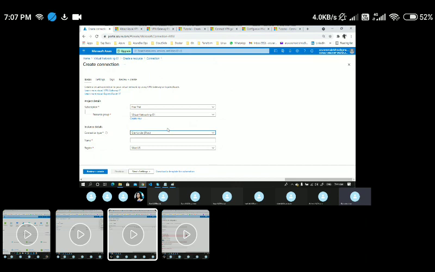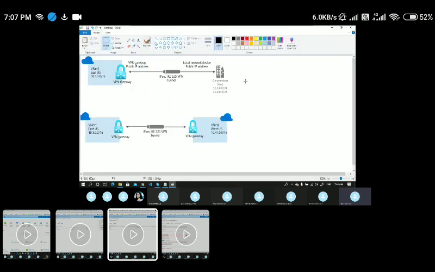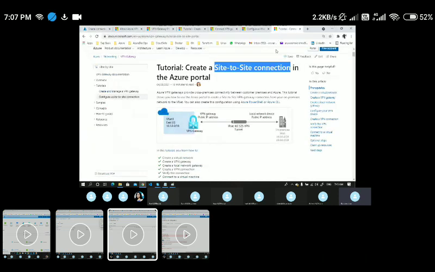Site to site connectivity is majorly used to establish the connectivity between your on-premises network and the Azure network. Remember it. This connection will be via the internet, and here we will be using an IPsec tunnel for encrypting your data. So this is a high level overview of creating a site to site connection. Let me quickly walk you through the document here.